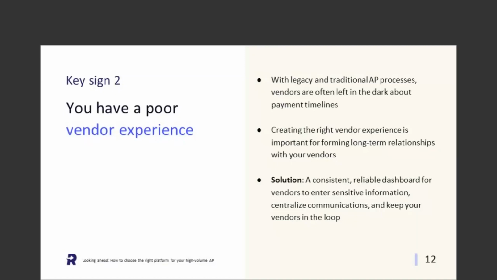Also, everywhere you can centralize communication is really important. We've seen teams do this over the phone, over multiple email addresses. Sometimes a single AP clerk is the number one email that is given out in communication rather than a group email like ap@yourcompany.com. And I think that this can lead to a poor experience and potentially vendor churn. With an automated solution, you can really think about getting all communications with vendors into one place, all vendor data into one place,